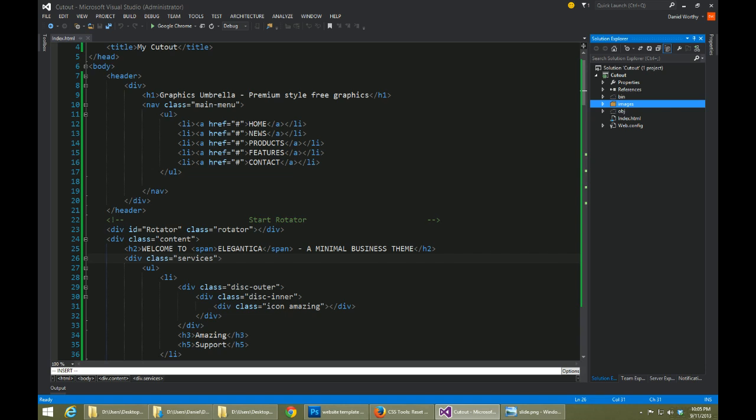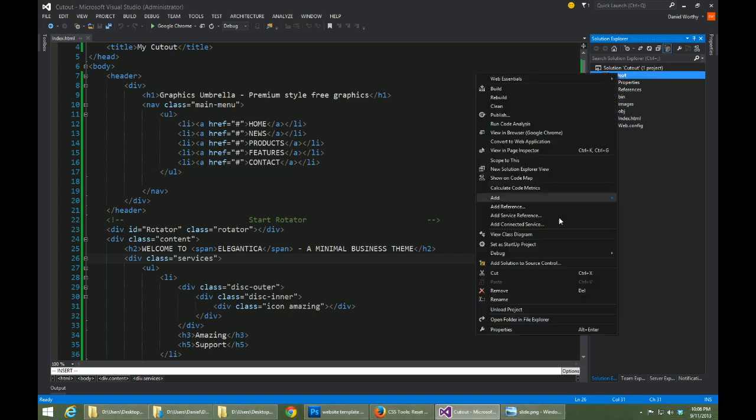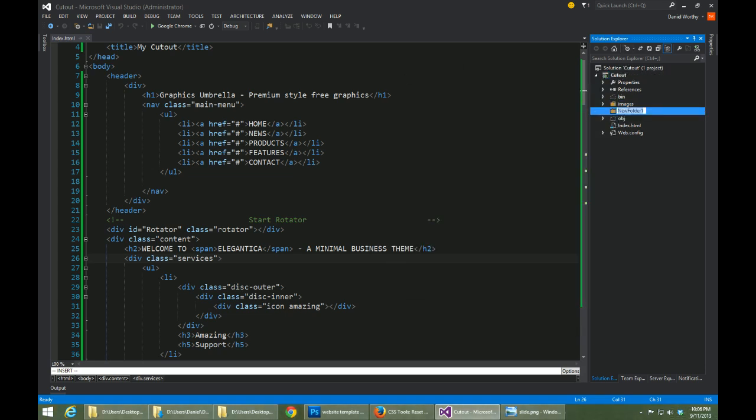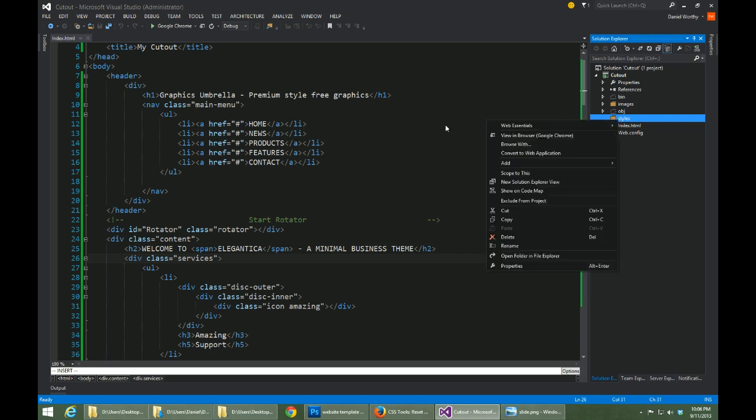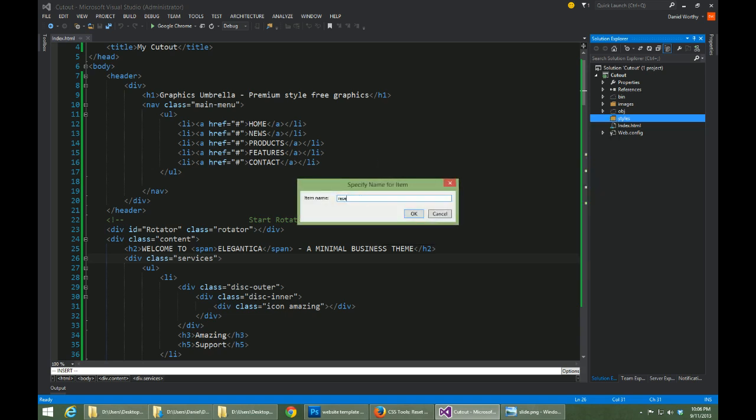So to start off, what I'm going to do is create a styles folder that'll hold all of my CSS files. That way they're easy to find. They're not cluttered in with images or anything like that. I'm going to now create a reset